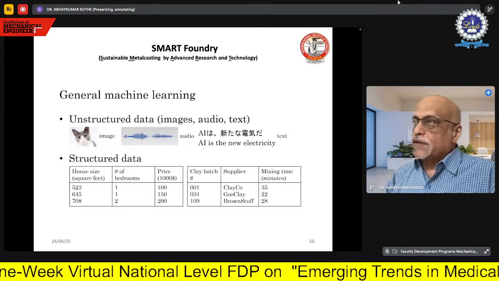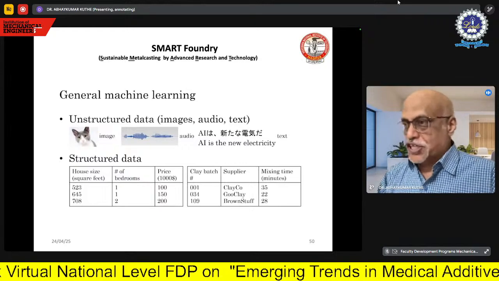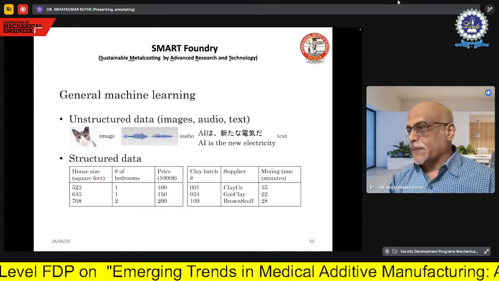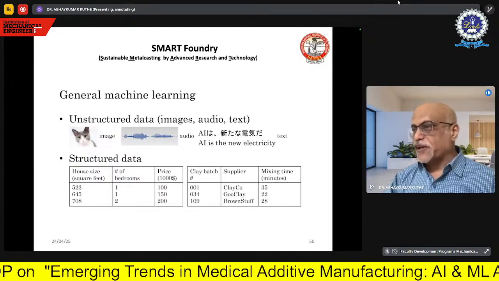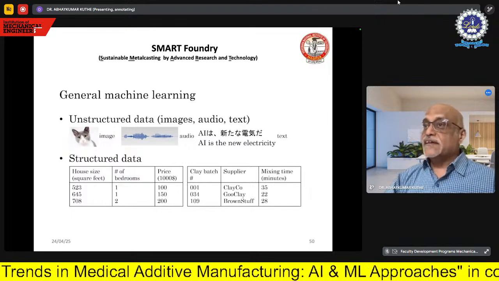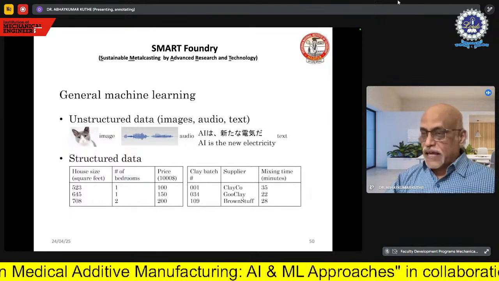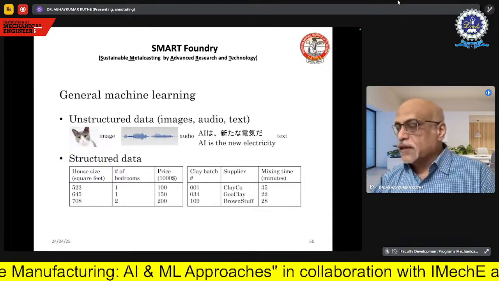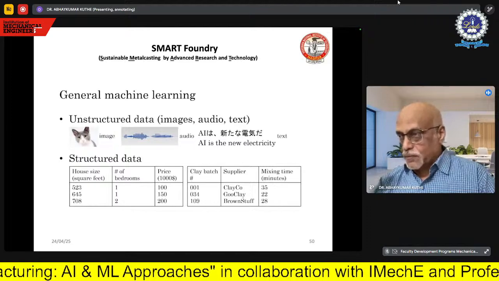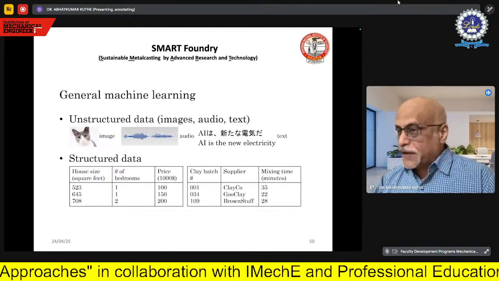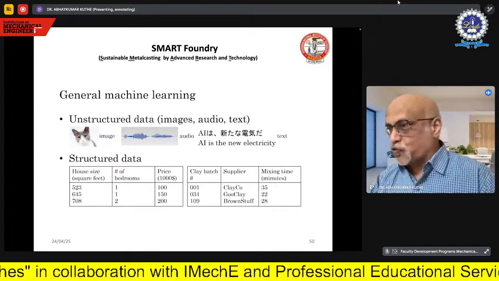That means now it is necessary to develop the data and find out how best you can develop an AI engine. So in our Smart Foundry, we are trying our best to generate the data and ultimately develop a model so that, as I already mentioned, on the simulation software the data for the manufacturing of the part is already set, and we are trying to mimic it on the shop floor.